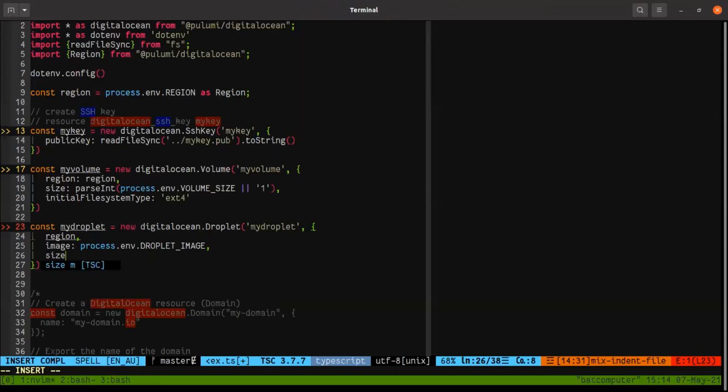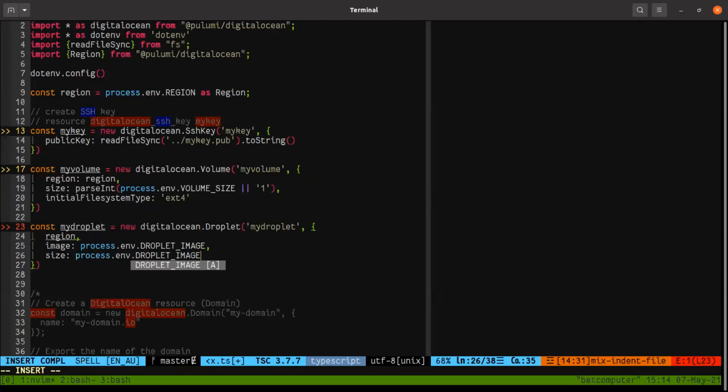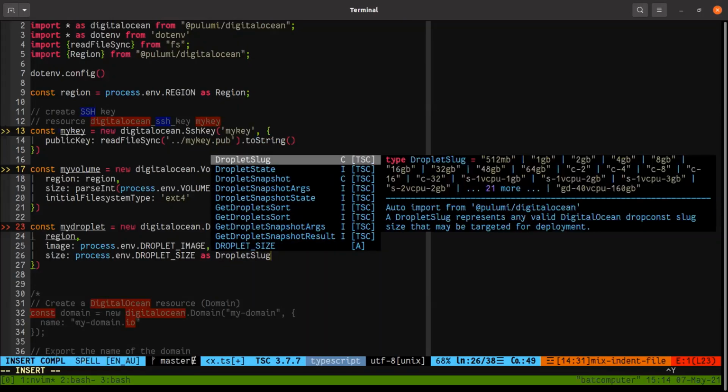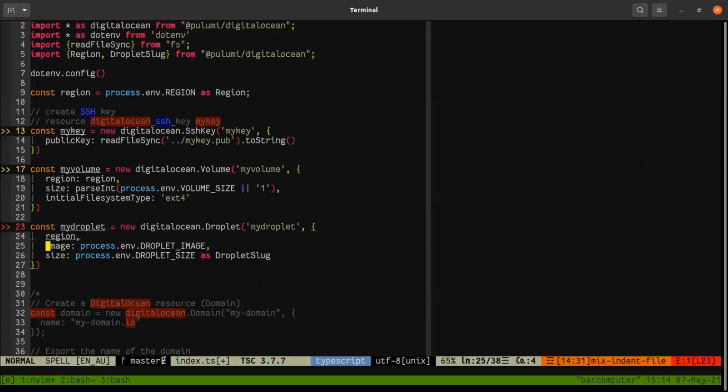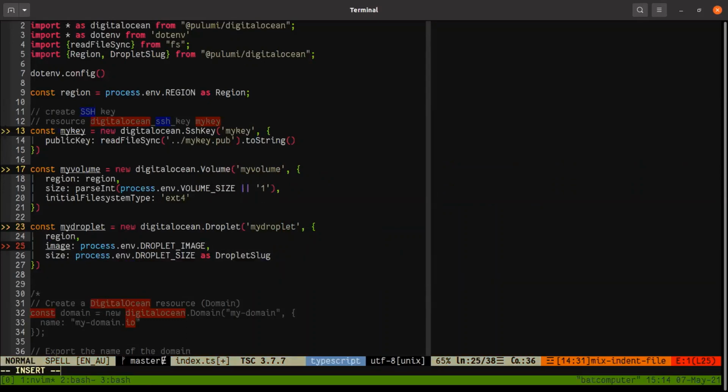The size. Process.env.droplet size. This one you need to put as droplet slug. Okay. So this is the same. So this is the region, the image, the size.